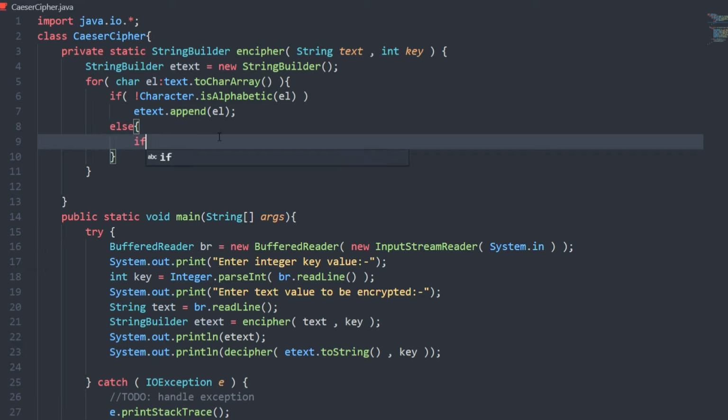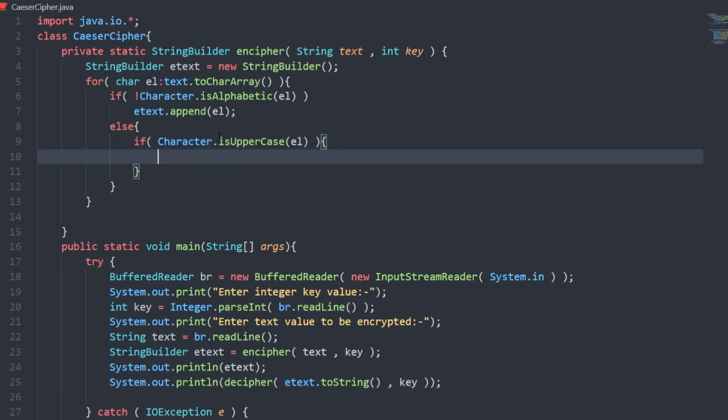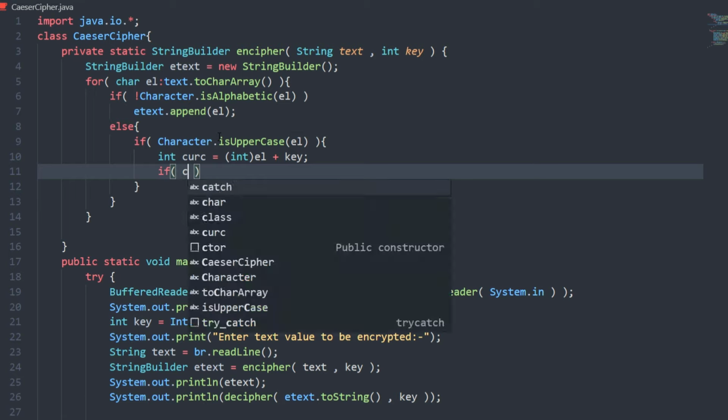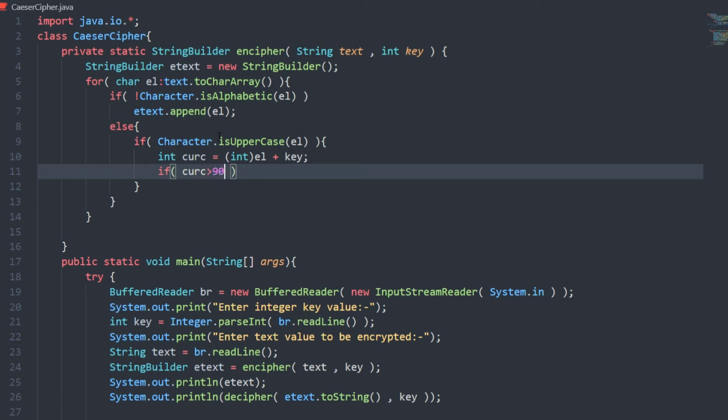And now we will check if our element or our character is uppercase. Okay, and if it's an uppercase character, we will have an integer of current character, which is going to be the integer of our element. So when we do integer of a character element, it returns its ASCII value. Because it's an uppercase character, it will return values from 65 to 90, and we will just add our key into it. And now we will check if our current C is greater than 90,